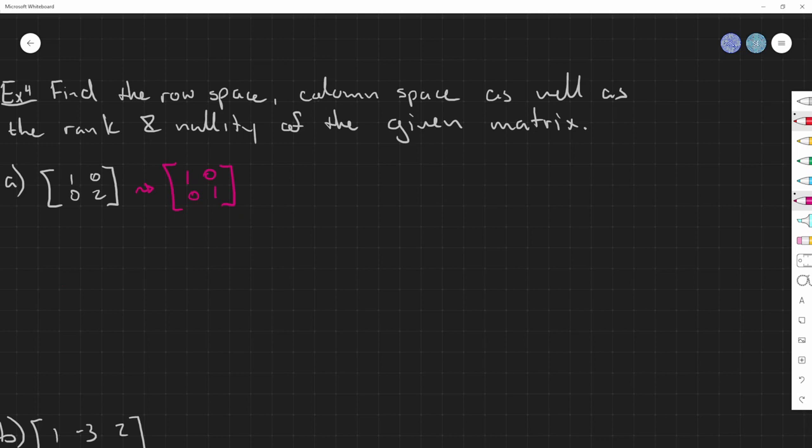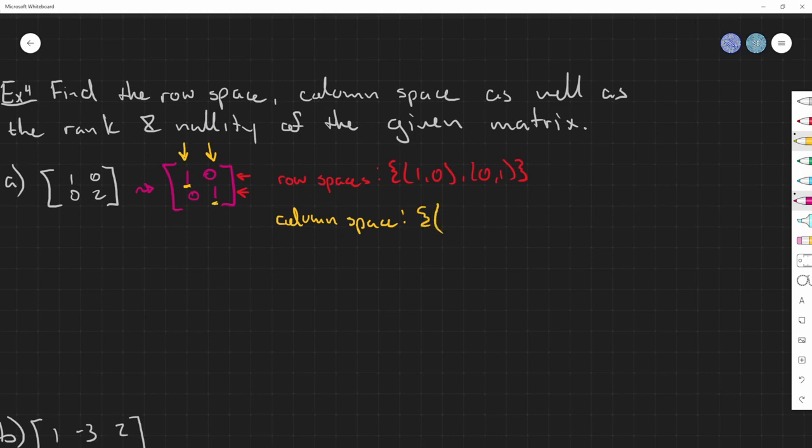Our row space, if you remember from the lecture, we only look at the non-zero rows. So it'll be this one here and this one here. So our row space will be 1 0 and 0 1. Our column space, now we look at the pivots where the leading ones are. So it'll be here and here. So our column space is going to be,